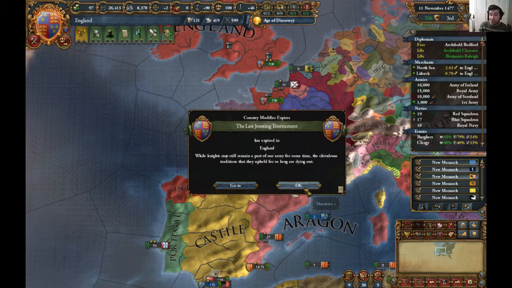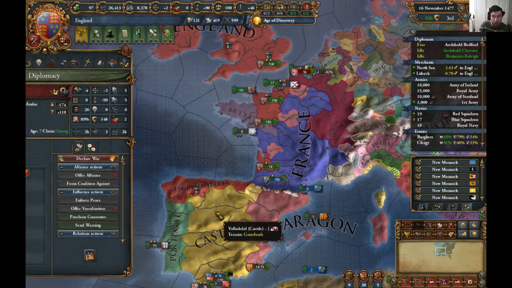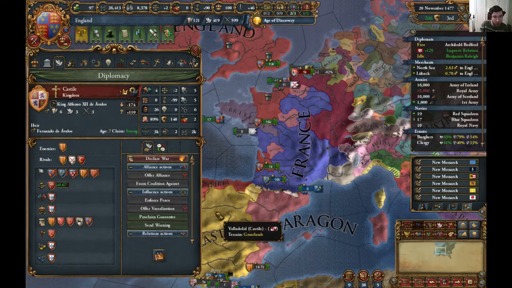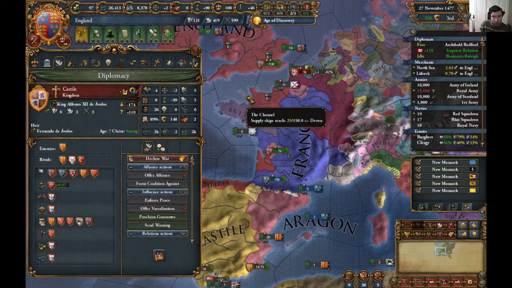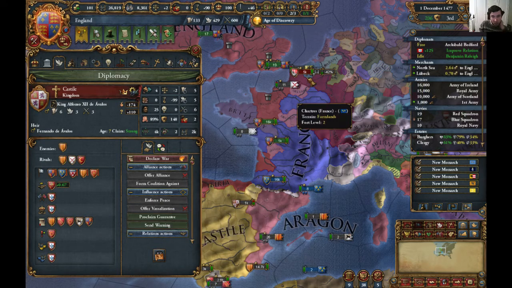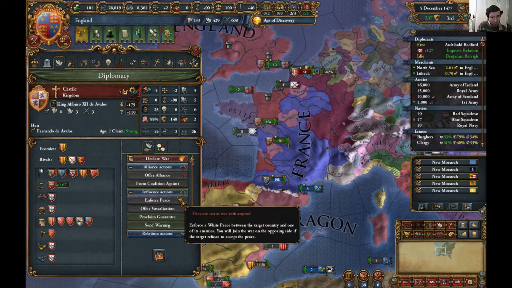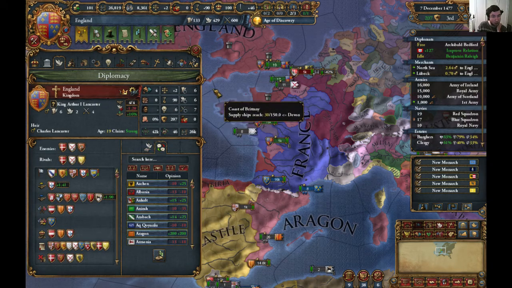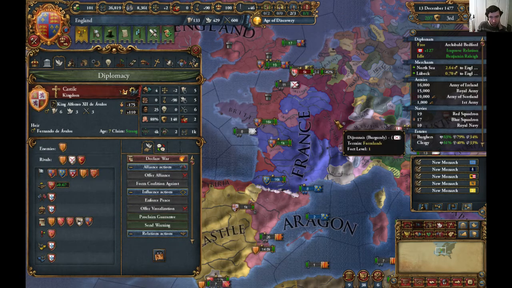But then if the ruler dies, then it was probably an opportunity, well taken, to actually take land instead. So yeah, maybe. They're Flemish noble rebels. I thought it said French noble rebels for a second. I was like, oh no. Right, so Castile absolutely hates me now as a result of that. So they are probably... because they do hate Burgundy still, so...